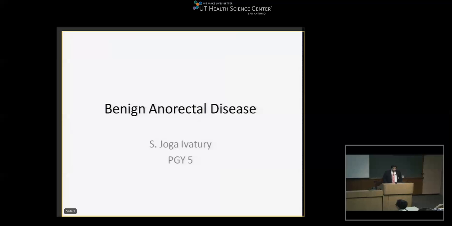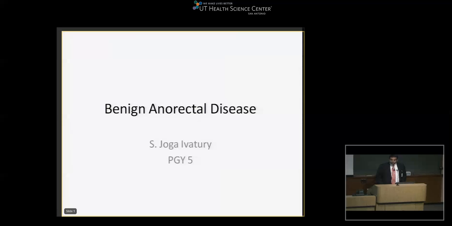So let's first start talking about anorectal abscess. Again, looking back at the potential spaces, you have the perianal space, which is the area of the anal verge, the ischioanal space, which is from the levator ani to the perineum, the intersphincteric space between the internal and external sphincters, the supralevator space, which is above the levator ani, and the superficial and deep postanal spaces, which are between the coccyx and the anococcygeal ligament, as well as the retrorectal